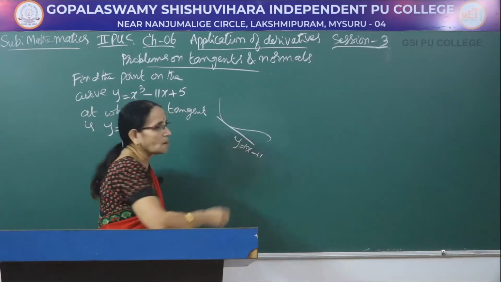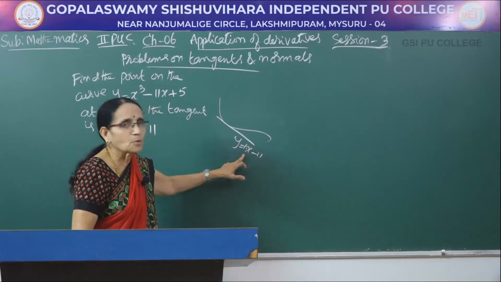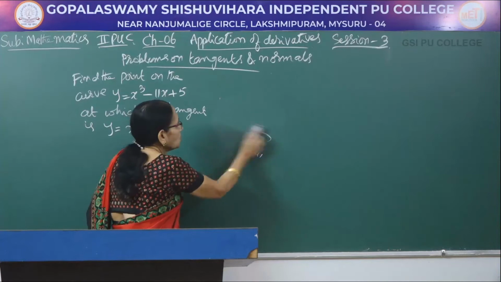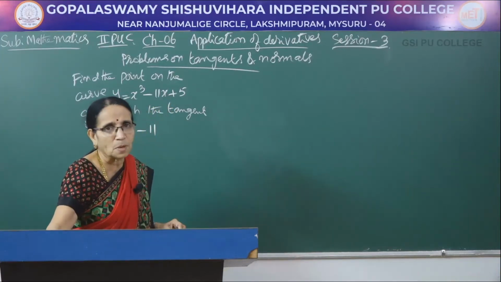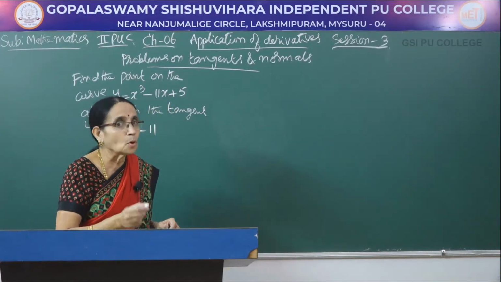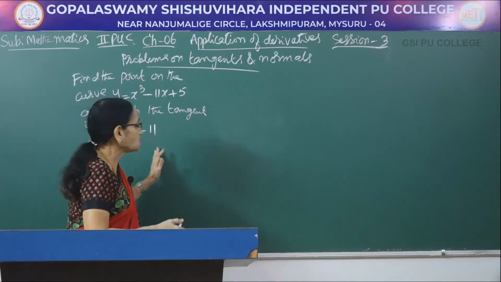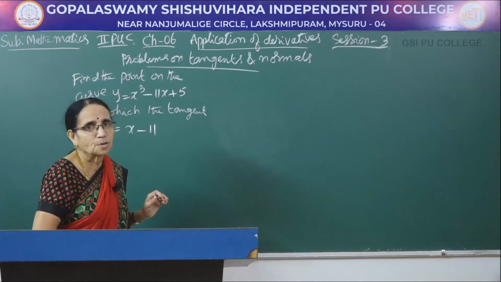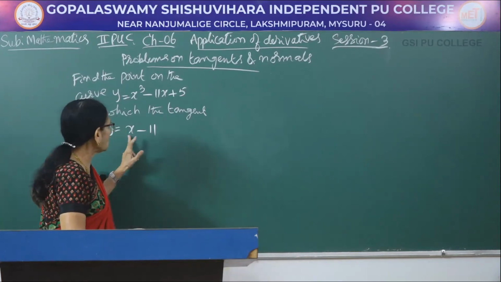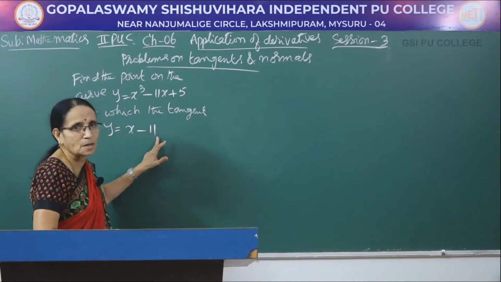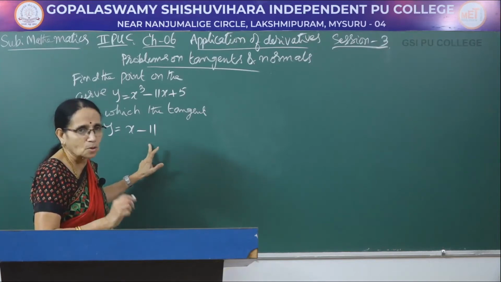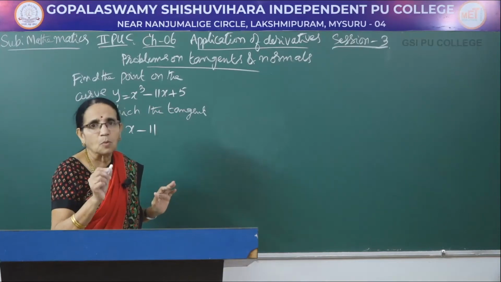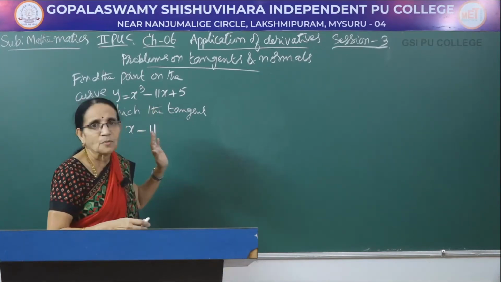You can write it as 1 into x. So, what is the value of m here? m is 1, isn't it? Therefore, we know the value of slope, that is m is 1 means dy by dx equal to 1. Though it is not given directly, you have to use that. That is why the geometrical meaning of dy by dx I have taught you in the very first session. So, here y equal to 1x minus 11, m is 1 means dy by dx equal to 1. So, differentiate this, we get dy by dx, equate it to 1, you get the values of x here.